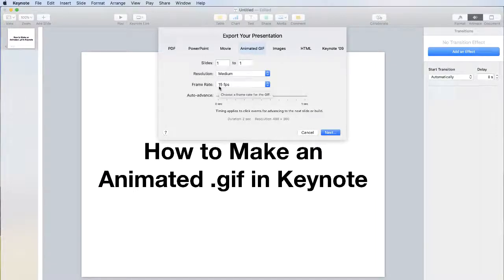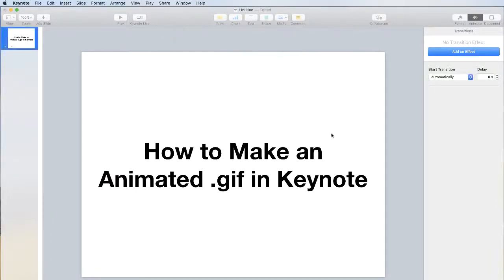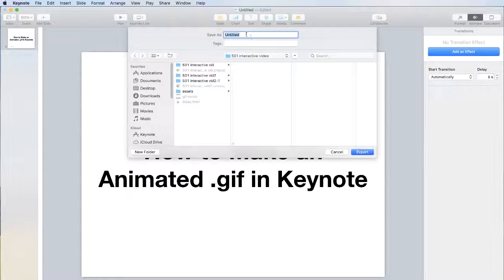And a frame rate of 15 frames per second, that's pretty self-explanatory too. For a 1-second GIF, that would give us 15 frames to work with, and that's going to be plenty. Now, here I've got my duration set to 2 seconds, so given that math, of course, we're going to get 30 frames. Next, we're just going to choose a name and a place for it. And I'm going to call mine